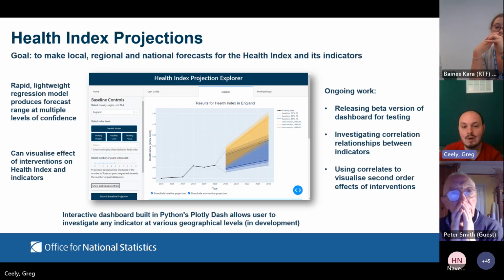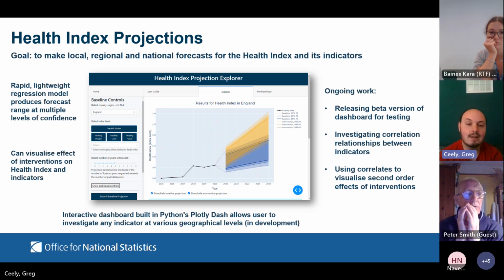And one very last bit from me, alongside the development of the Health Index, in getting data together from so many sources and formatting them consistently, we have already overcome one of the greatest boundaries to any sort of health modelling using data. So alongside the index, we've built a simple and flexible health projections tool. And what this looks like right now is shown on your screen.